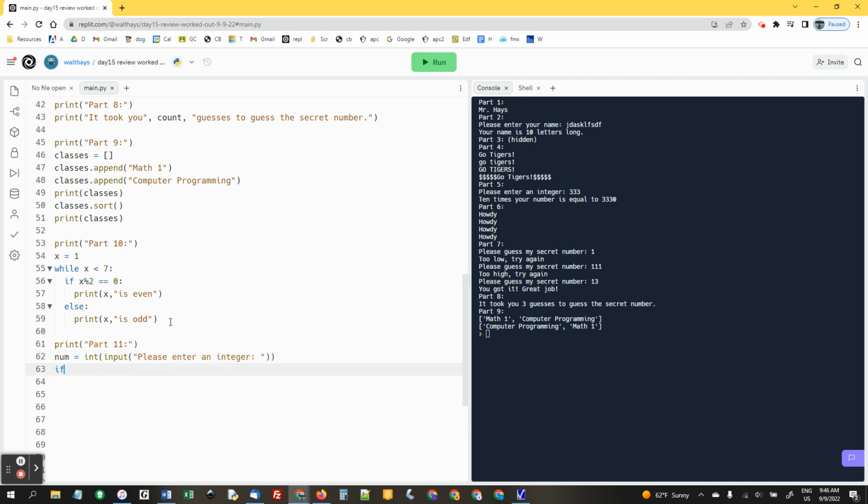And we're going to say if num less than 0, print num is negative. Elif num greater than 0, print num is positive. And else, print